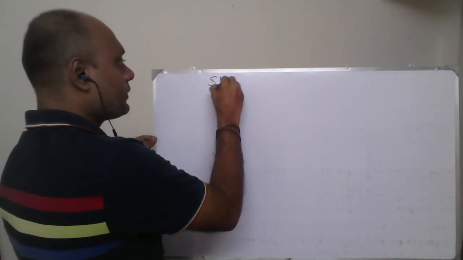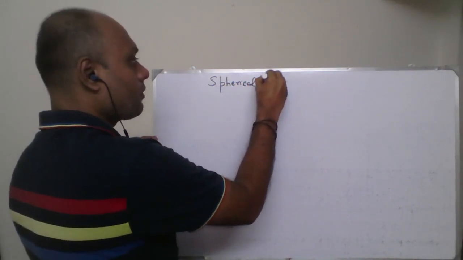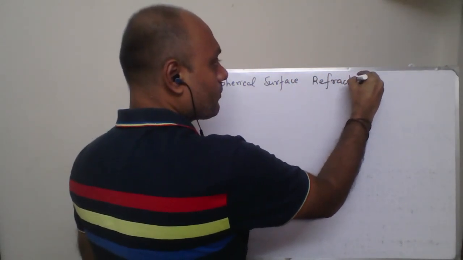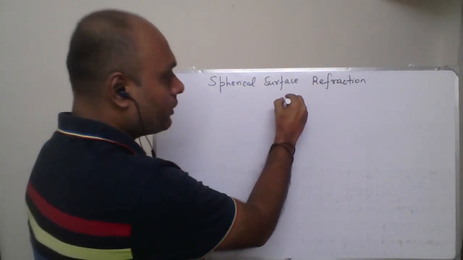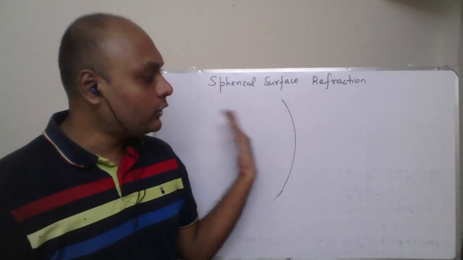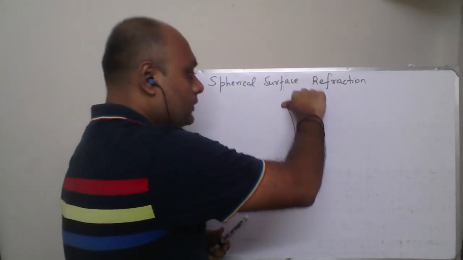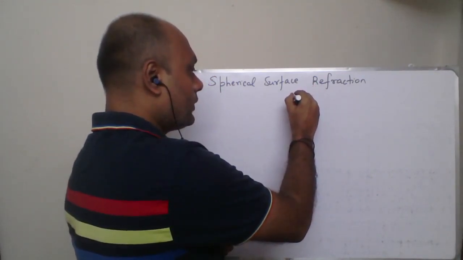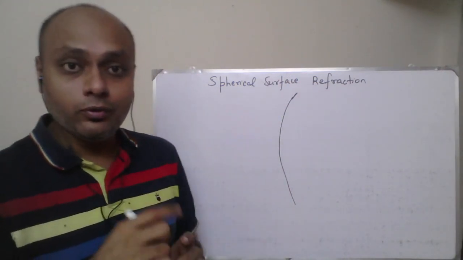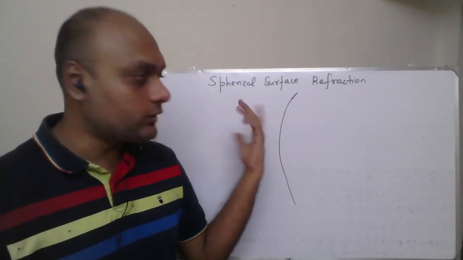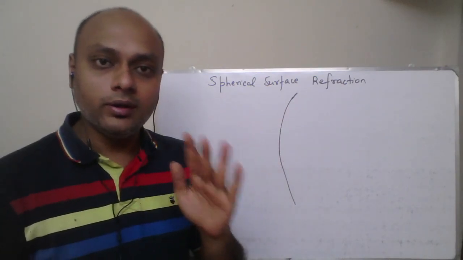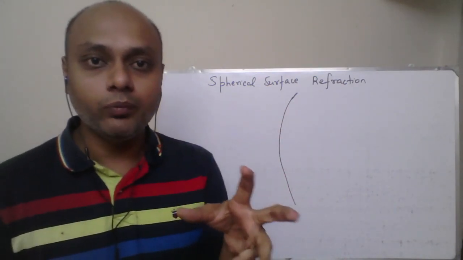Spherical surface refraction. We have a boundary in the form of a sphere which separates two different media. Instead of this orientation, I'll take an orientation like this, so that the diagram looks neat. Note that first I drew the surface like this, then I changed the orientation. When you're asked to derive, take an orientation of this sort, so that in the ray diagram, things will appear neat and not congested.